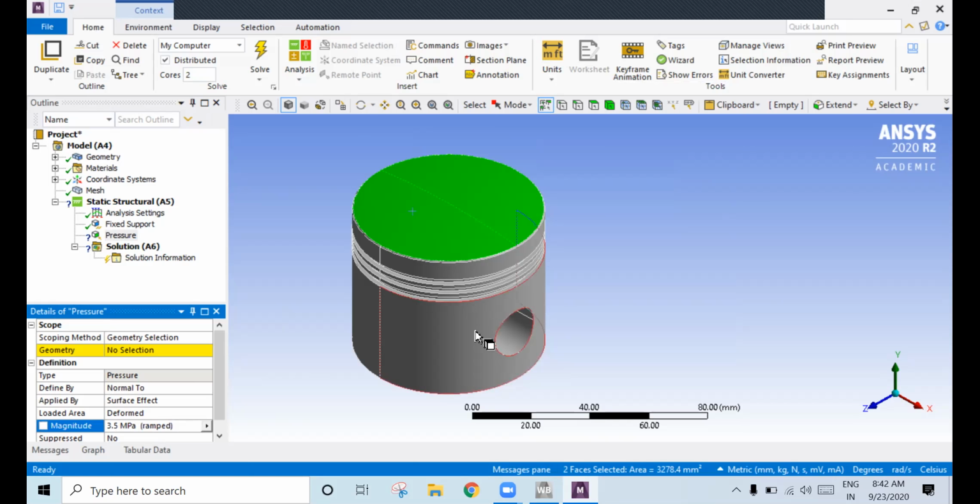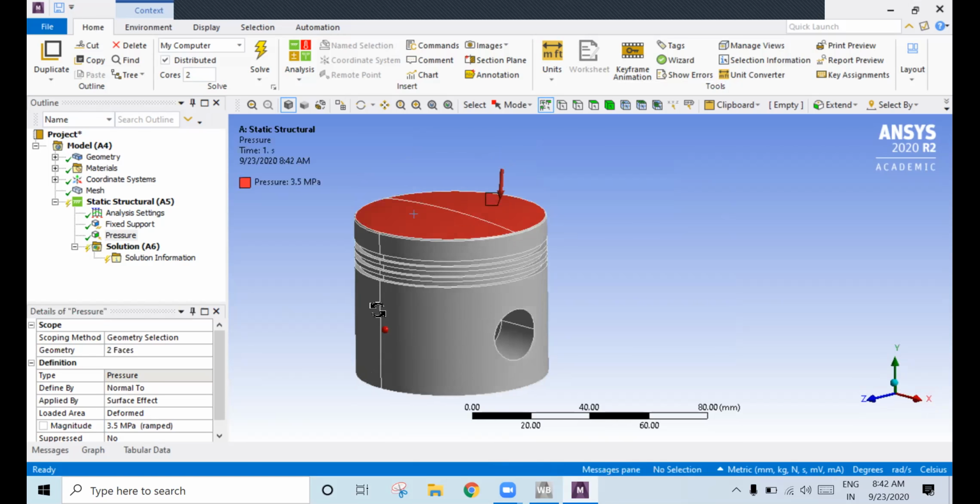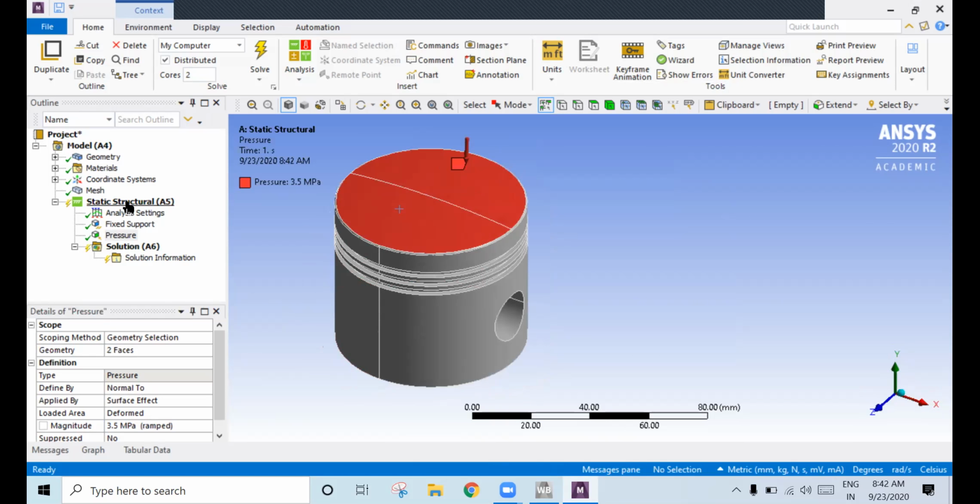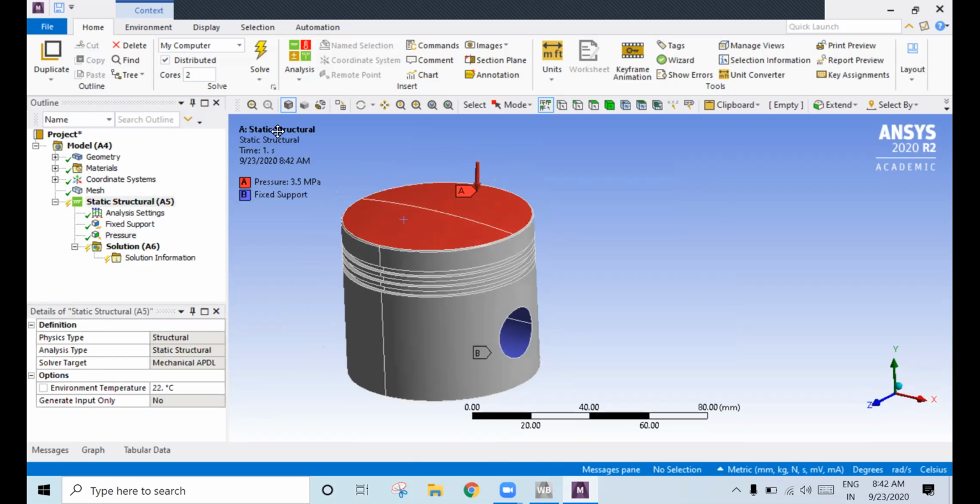Okay. So once you select it, see it is in normal direction, normal to the surface. See here. Okay. It should be in normal direction. Click on this and apply. See here, the pressure has been applied. If you click on this static structure, both the boundary condition, see this is boundary condition, this is the loading condition. So it is showing both the things. Okay,